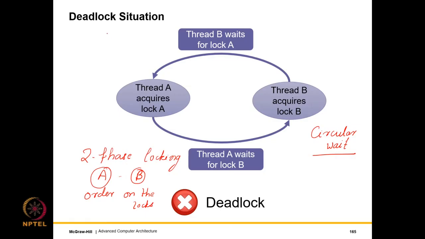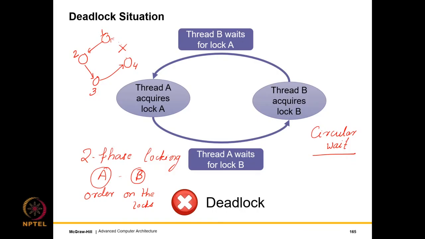The reason being that we can always draw a kind of dependencies, right? I'm holding on to, let's say, lock 1 and I'm interested in lock 2. Another thread is holding on to lock 2, it is interested in lock 3. So let's assume that the lock numbers also correspond to the order in which they are locked. You will finally see that if I try to acquire the locks in a certain order, which in this case is 1, 2, 3, 4, 4 can never wait on lock 1, which basically means that after acquiring lock 4, I will never wait to acquire lock 1. The reason being that I'm acquiring locks in order. Given the fact that a circular wait is not possible, a deadlock is not possible.